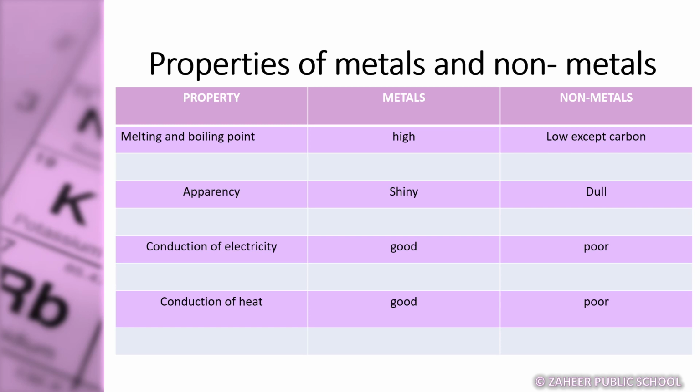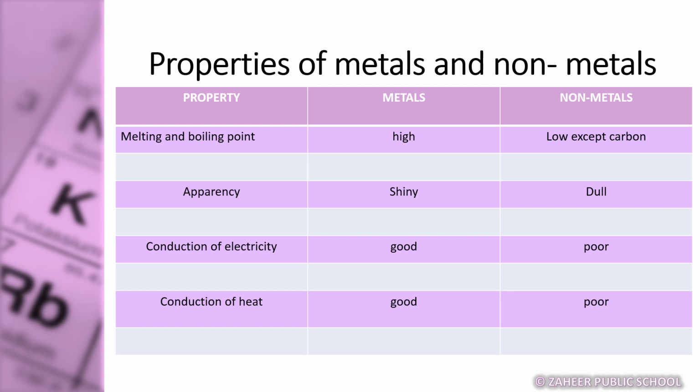The properties of typical metals and non-metals have been shown to you in the following table. The melting and boiling points of metals are high, except mercury, whereas the melting and boiling points of non-metals are low, except for carbon, which has a high boiling point. The appearance of metals is shiny, whereas the appearance of non-metals is dull. The conduction of electricity in metals is good, whereas non-metals are poor conductors except graphite, which is